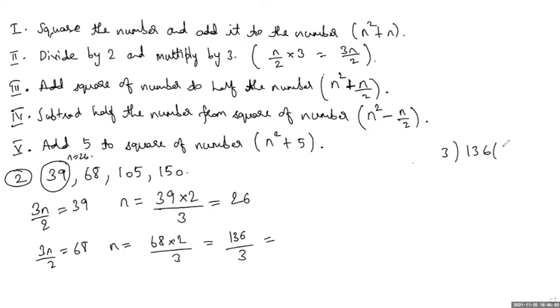3 4s are 12 and it is 16. 3 5s are 15. Look, one remainder comes. It is not properly divisible by 3. Correct? Remainder 0 is not coming. So that's why even rule 2 is wrong. Correct? Did you understand why rule 2 is wrong? Yes, ma'am. So rule 2 is also wrong. Let us now check for rule number 3.